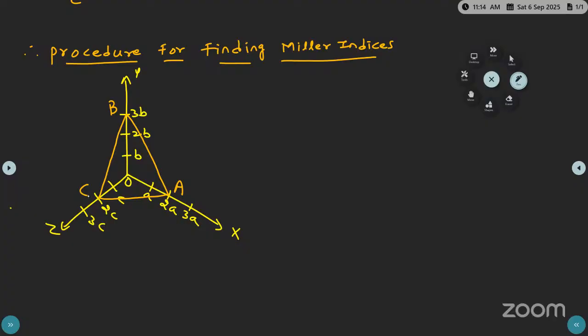రైట్, ఒక స్టేట్మెంట్ రాయండి. The plane ABC, capital ABC, the plane ABC is cutting the x-axis at 2A, 2 into small a, comma y-axis,